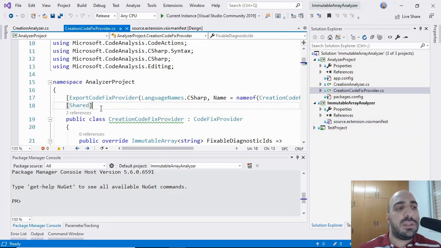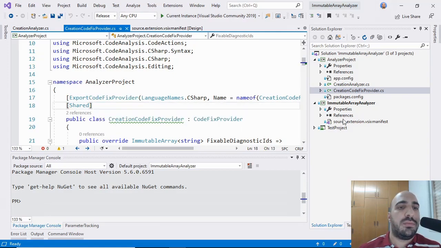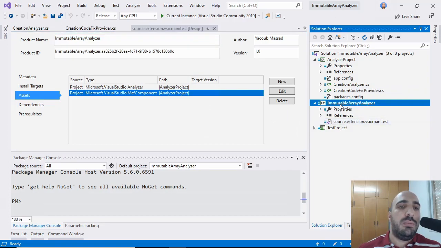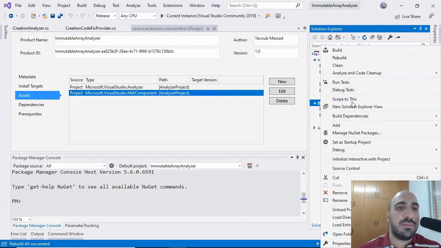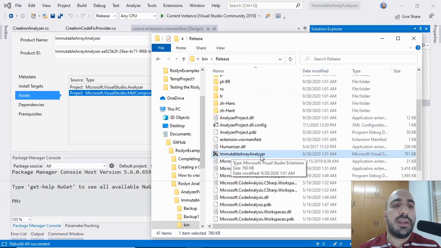And here in the code fix provider, we use the export code fix provider attribute, and I explained in a previous video that this attribute inherits from the export attribute, which is an attribute from the Microsoft Extensibility Framework. So now when I build this project, a VSIX file is generated by Visual Studio.